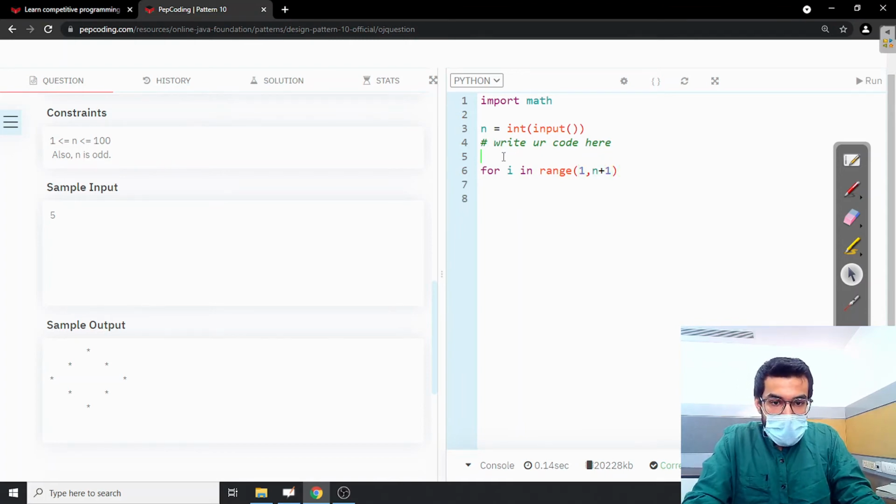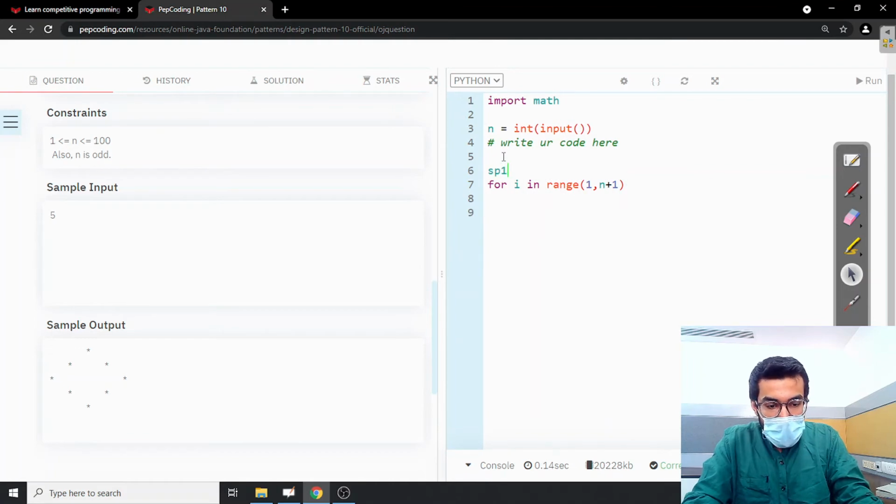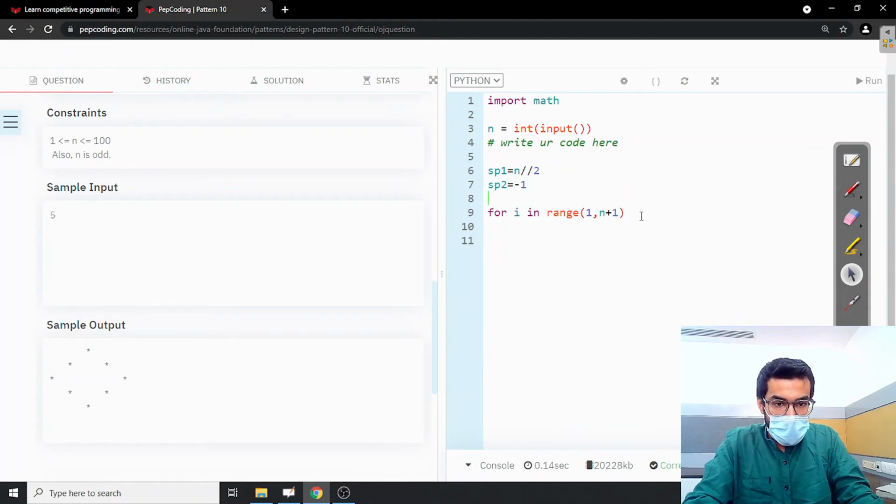Now initialize the value of sp1 with n by 2 and sp2 with -1. Now going inside the loop and using the magic star loop, for j in range 1, comma sp1 plus 1.